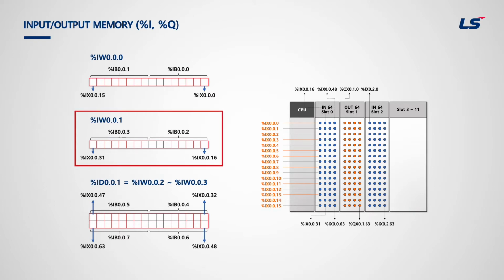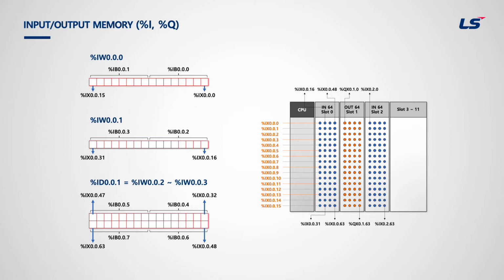Next word is IW0.0.1. Because the previous word, IW0.0.0, contained IB0.0.0 and IB0.0.1, this IW0.0.1 includes IB0.0.2 and IB0.0.3. In bit, it is from IX0.0.16 to IX0.0.31. In double word format,